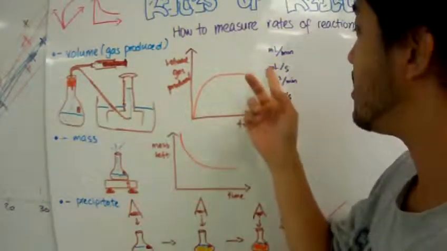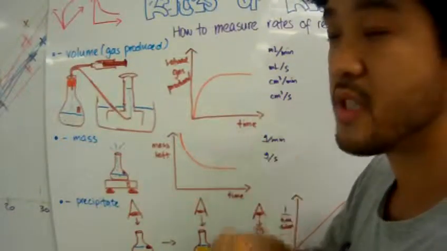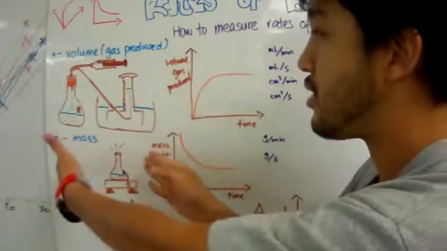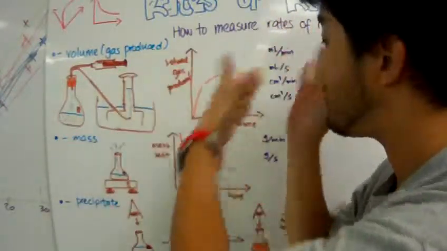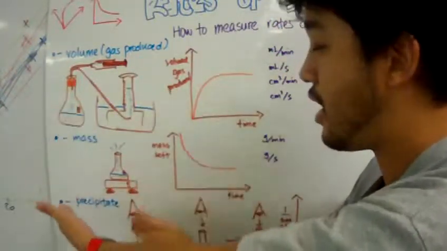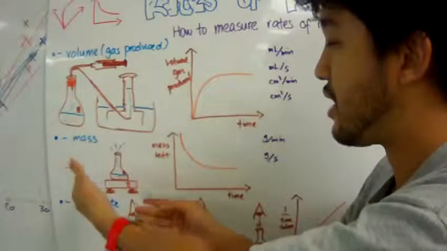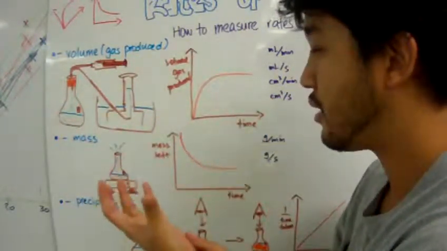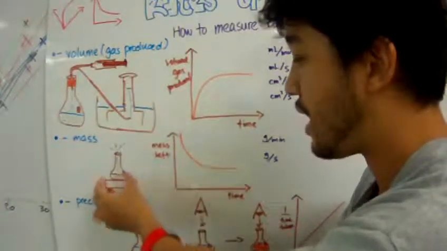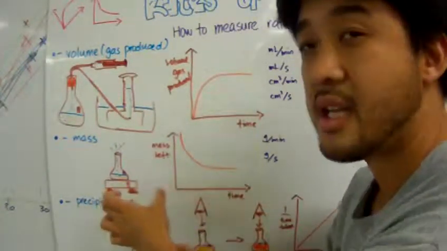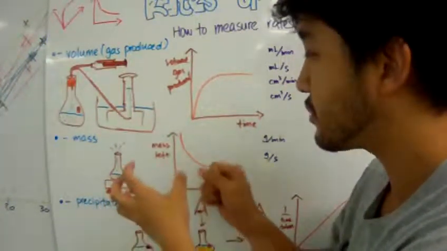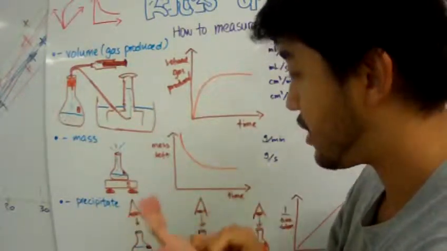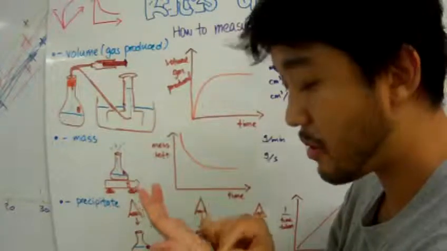It's either milliliters, or in our case we use cubic centimeters. And the other method of collecting or measuring rates of reaction is by mass loss. Okay, so you put one reagent or two reagents in the flask, and then you put the flask on the weighing scale. When you pour it in, you record the mass at the very beginning